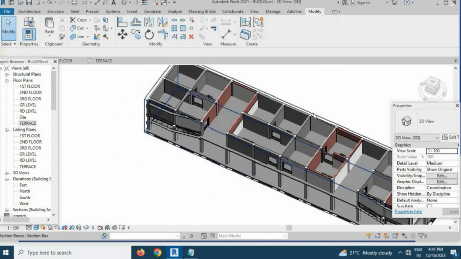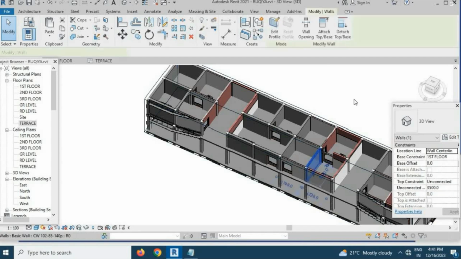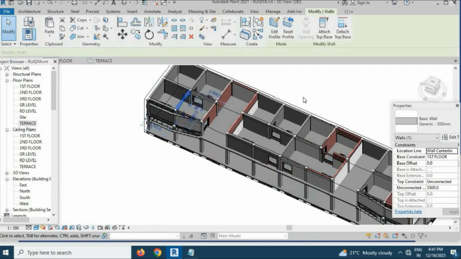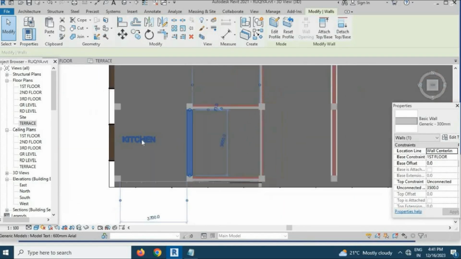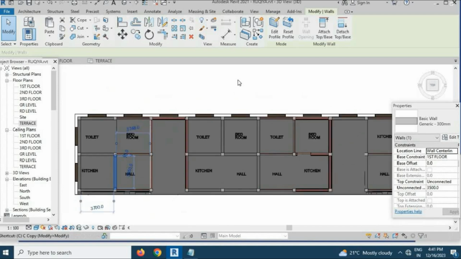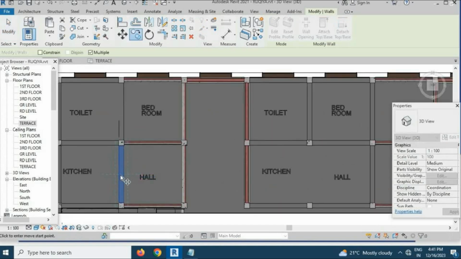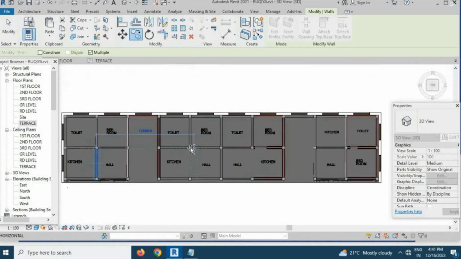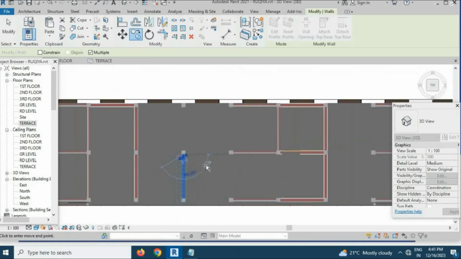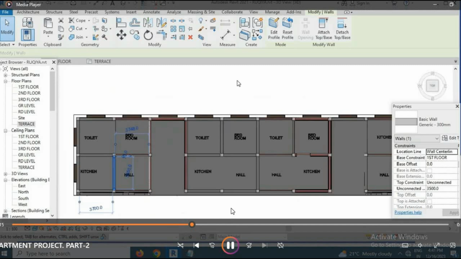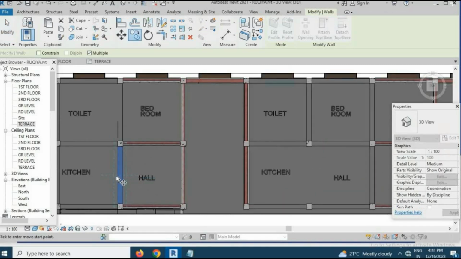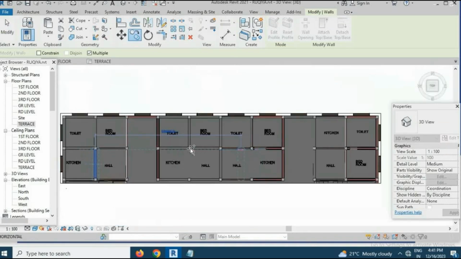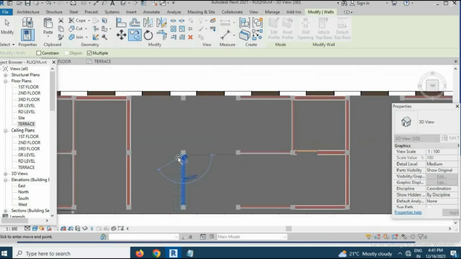Now after this I'm going to delete all the kitchen walls, as I don't want to create an arch differently for every wall. So I'm going to copy these walls for all the kitchens. So copying this wall,